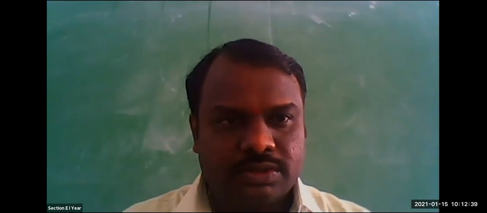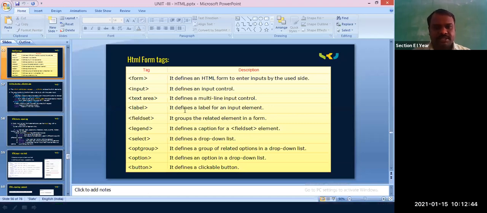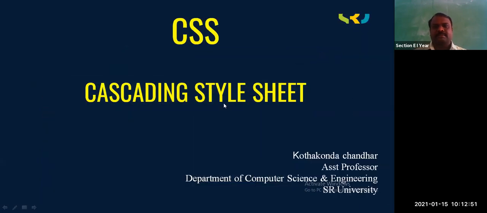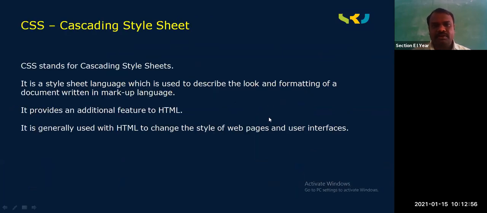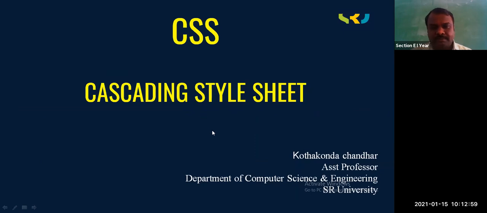Okay, wait. I will share my screen one more time. Right, so these things we have seen in the previous class, and in today's class we will go for CSS. CSS stands for Cascading Style Sheet. We will learn the advantage of this and the drawback with it. Even if you go for CSS, you write only an HTML program, but you use the CSS inside this HTML.